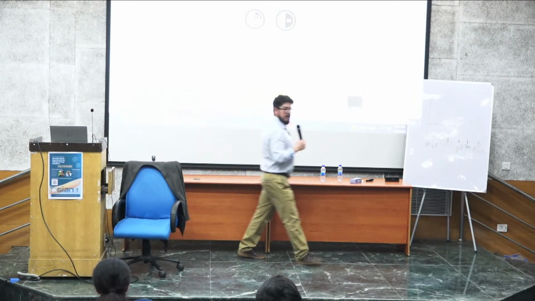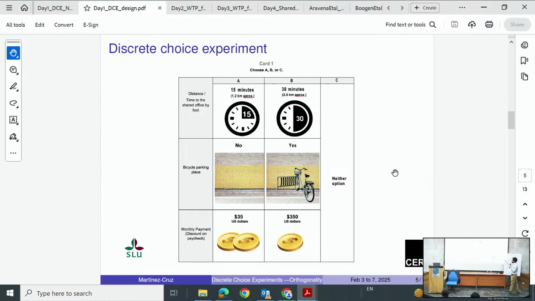Because basically we are telling them, are you willing to pay something between 35 and 350? In this case, it's not completely perfectly clear, but when these two or that one is the same value of the attribute and only you change this, more or less that's what it means. Strictly speaking, at some point they will be facing one where both of them are the same, but the price, and then implicitly what you are asking is, are you willing to pay 30 or 350 if I present you